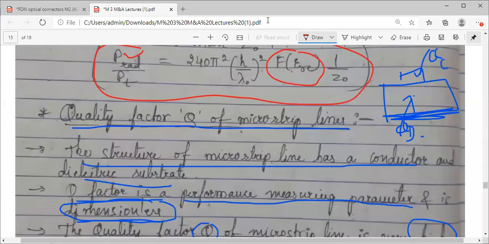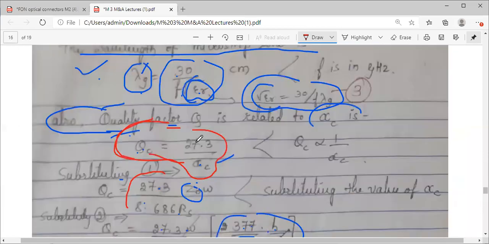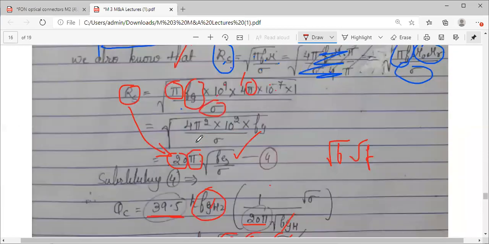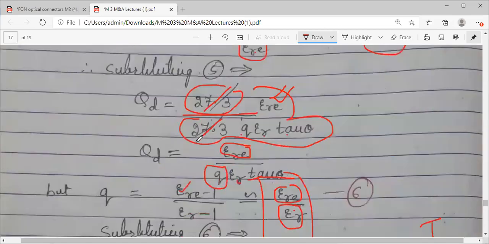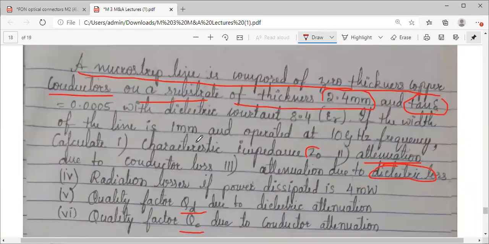Okay. Hope you will do that problem. No doubt it is a bigger problem, but it's a question paper problem. So don't neglect it. Solve the problem. This is the data given. Please list the data. Try to find each and every term by yourself. Okay, cross verify with my answer.